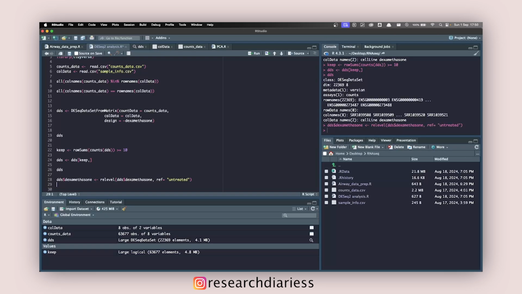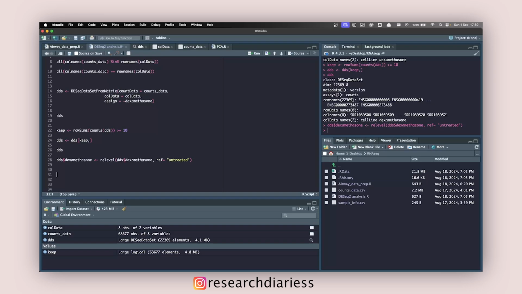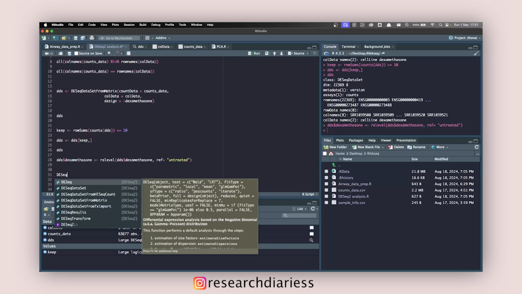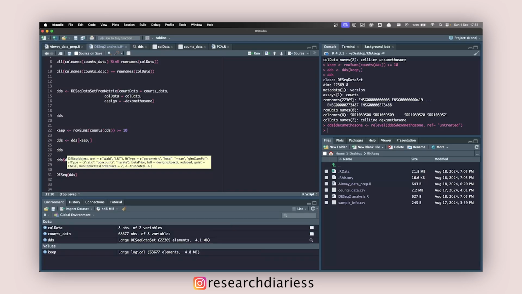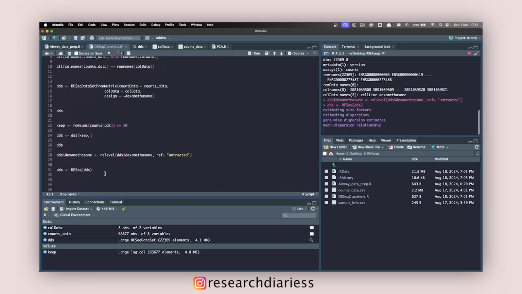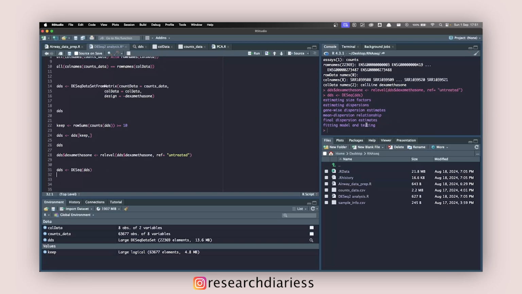Okay, so now if we hit DDS, you're going to see the same thing, but what we're going to do is run the DESeq command on the DDS object that we created. So DESeq inside brackets DDS, and we're going to reassign whatever we get inside DDS again. So we assign this to DDS and hit Command Enter. Okay, so these are the different steps that are required to analyze the data that we gave inside DESeq, and this is going to give us another table which we can view with results